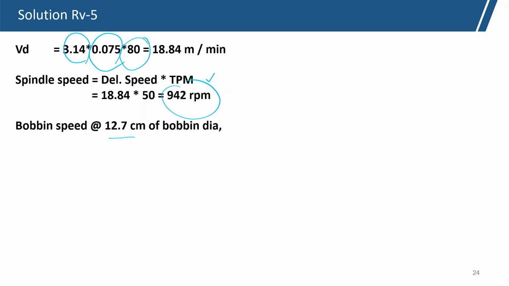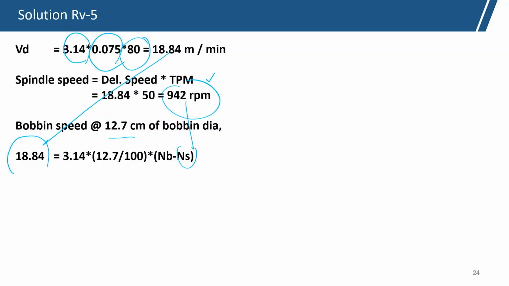So, using all this data in the earlier equation we can get it. 18.84 is the delivery speed we have got, 942 is the spindle speed we can put here, and 12.7 centimeter means 12.7 divided by 100 meter. So, pi times bobbin diameter, and NS we can use as 942. So, here we can calculate NB, the bobbin rpm,